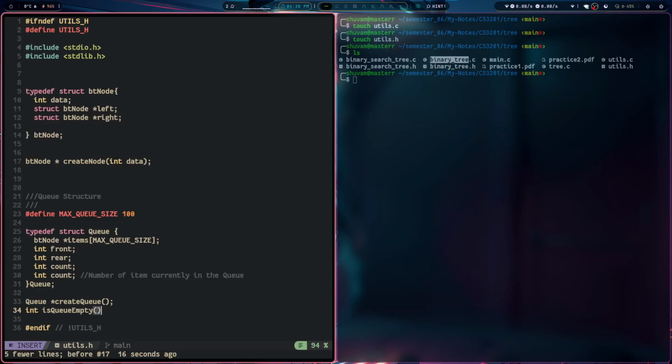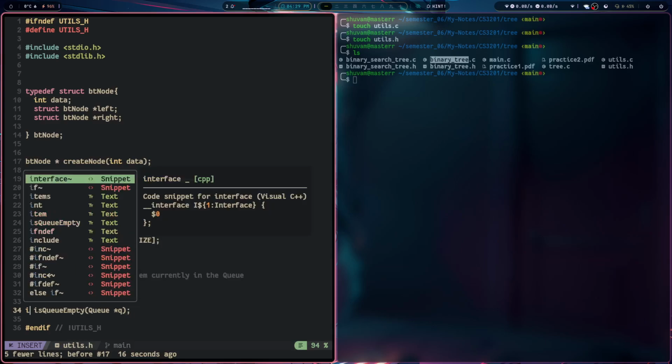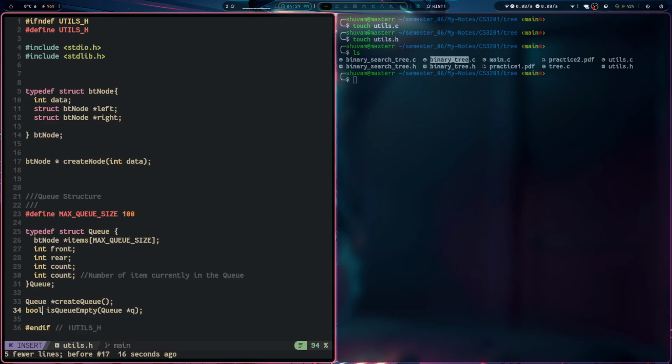It's queue empty, and basically we are going to pass the queue itself to it. It will have Q, Q, but I'm thinking it should be a true and false, right? It's either empty or it's not empty, and int gives it too much space. Let's use bool, but if I use bool, then I need to